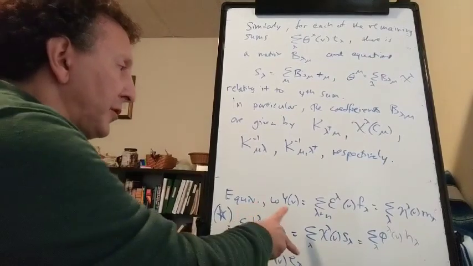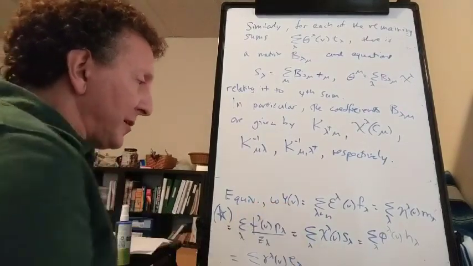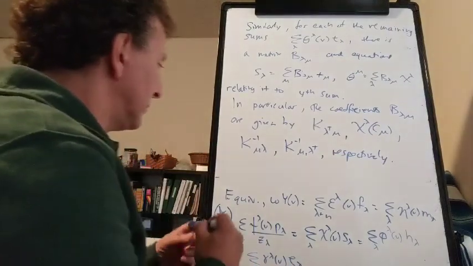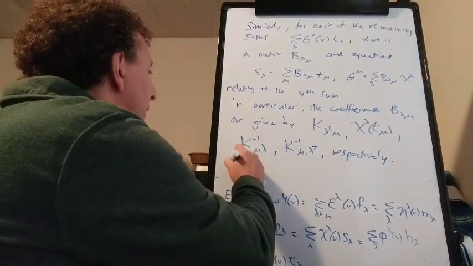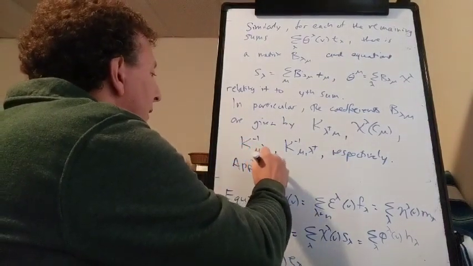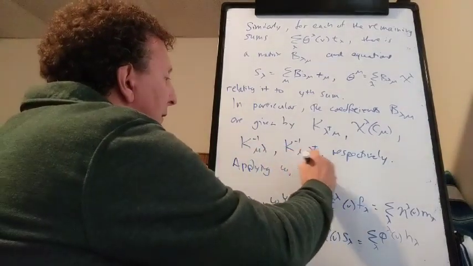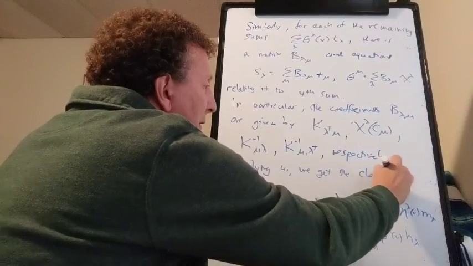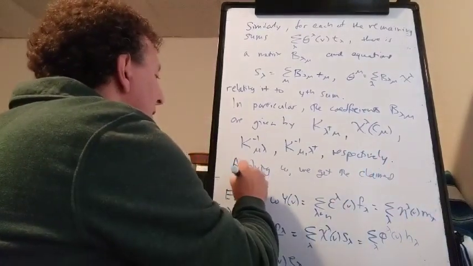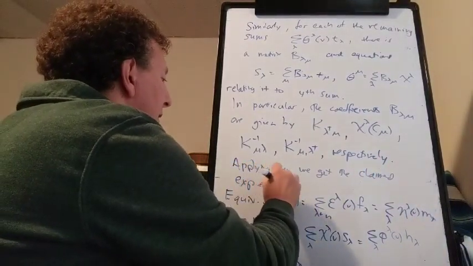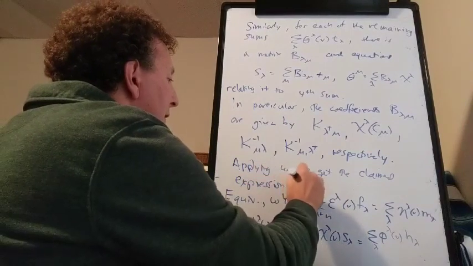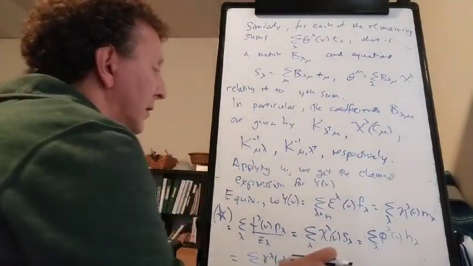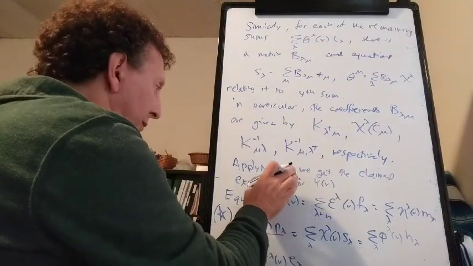So again, that proves this expression for omega y of v, and then applying omega we get the first expression. I should say we get the claimed expansions